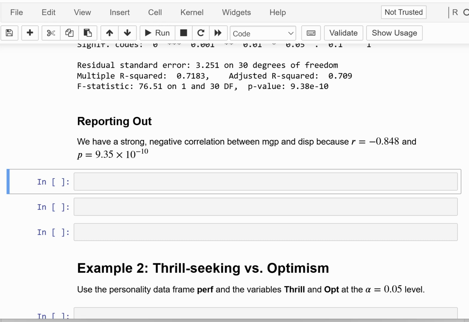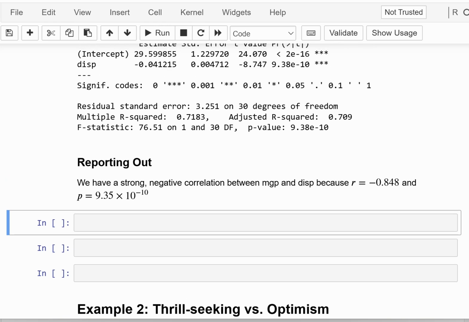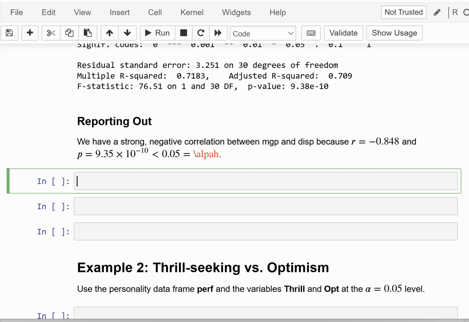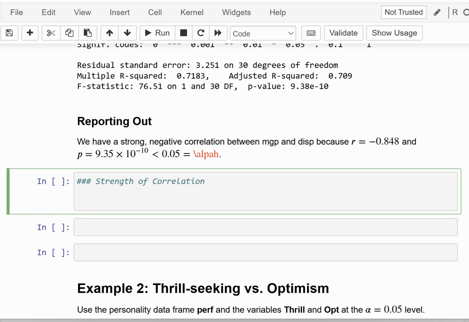We have a strong negative correlation between the two variables because the correlation coefficient was calculated to be negative 0.848, and the p-value is much less than alpha, right? Which is less than, sorry, 0.05, which equals backslash alpha. Okay, and you notice that I said strong. Okay, so let me just throw this in, strength of correlation. And I use the 25s, okay? Why I say that